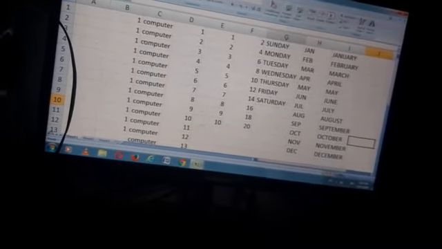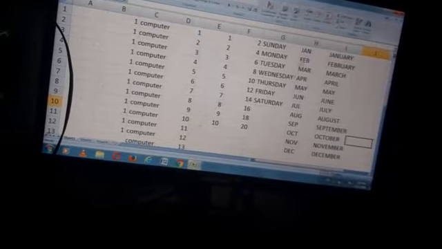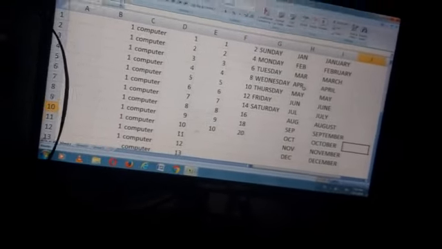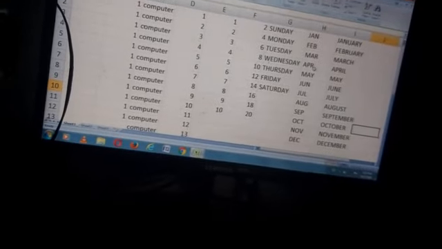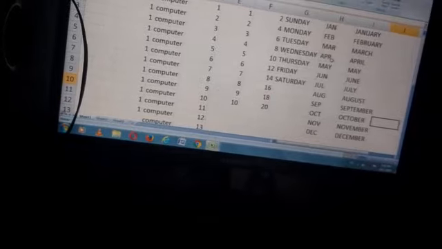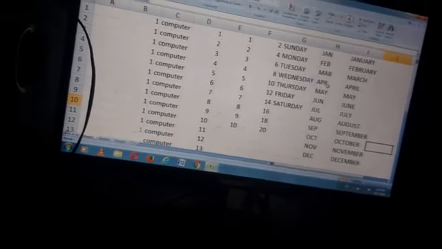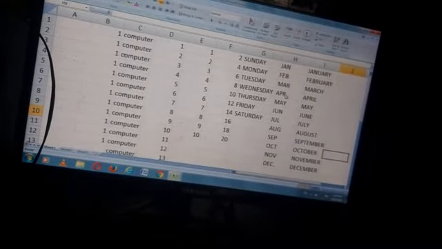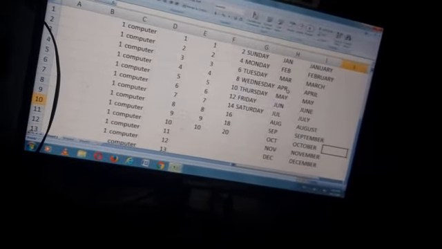If you want Sunday and calendar also, if you want January, February, months also, days also, you only have to type the name or number, select that cell, go in the corner when the plus sign will become, and you have to drag the mouse. So in this way, this is the use of the autofill feature.